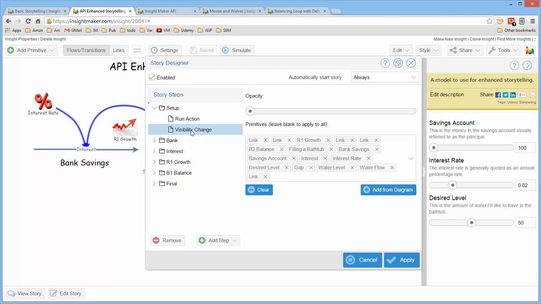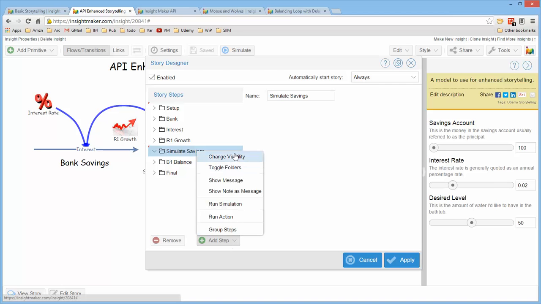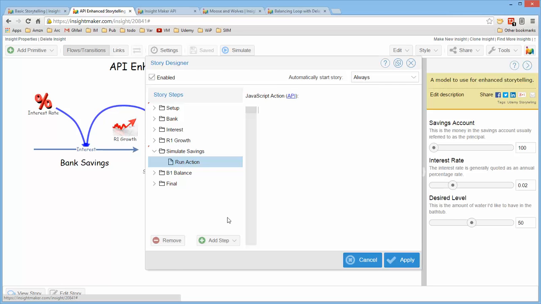Then the visibility as it was, and then it unfolds the bank, unfolds the interest, unfolds the growth rate, and now what I want to add is another step and call it simulate savings, and in that I want to go ahead and do a run action, and I want to set some